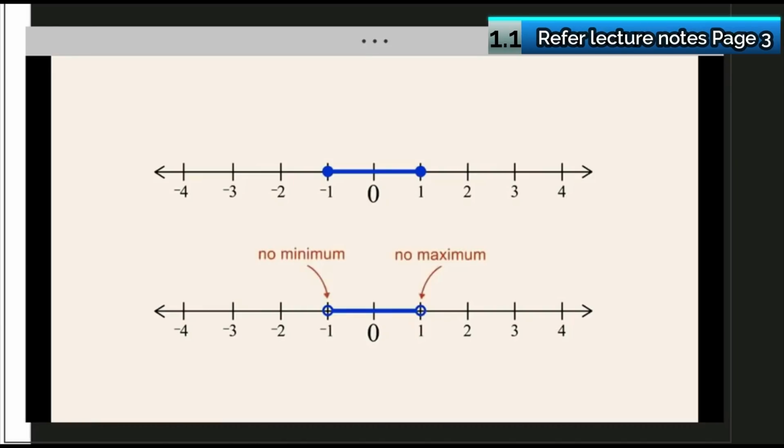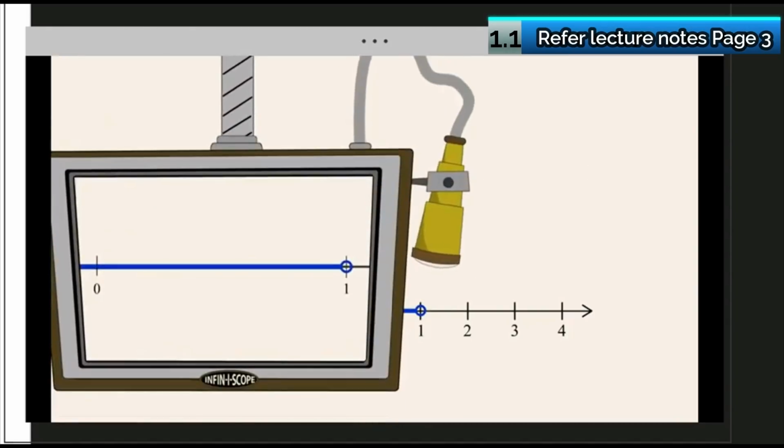To see why, let's take a closer look at an open interval. This interval's right endpoint is the number 1. However, since 1 is not included in the interval, in order to find the maximum number in this interval, we must find the largest number less than 1. If we pick 0.9 as the maximum number, we know that this is incorrect, since 0.99 is larger, but still smaller than 1. But this number is still not the largest because